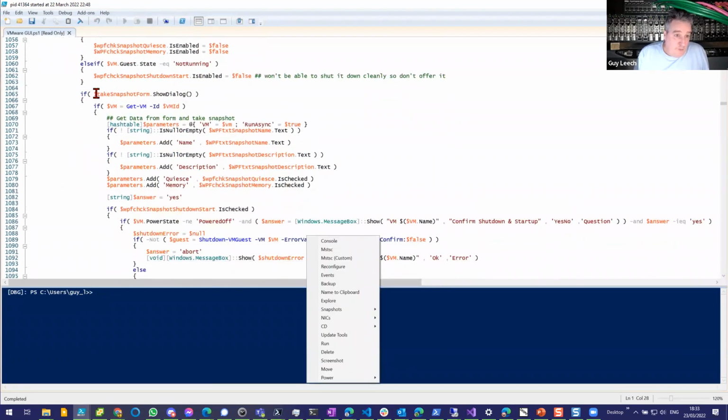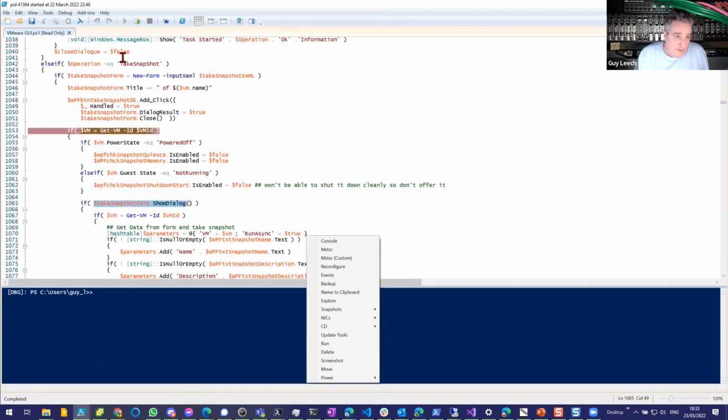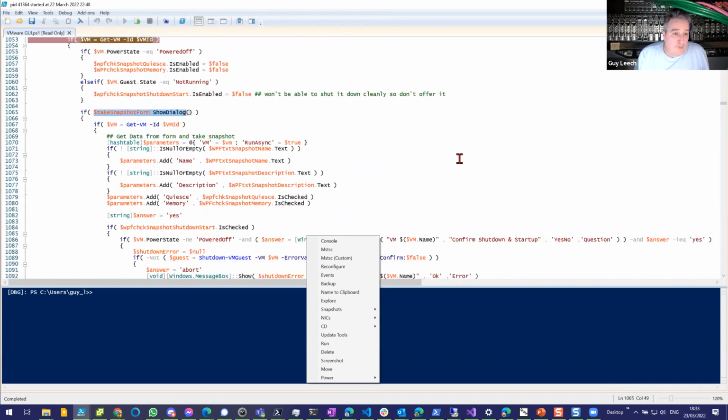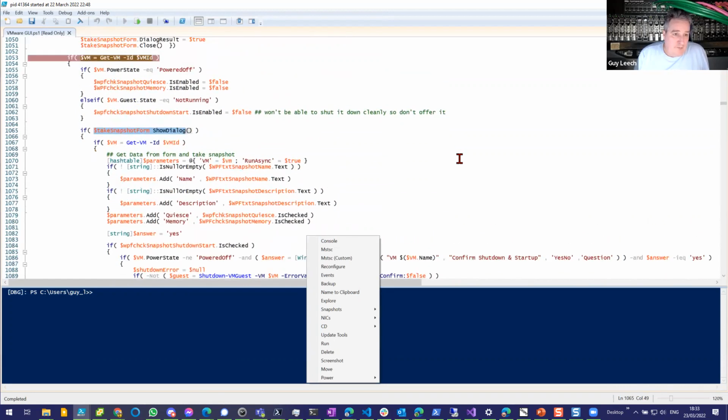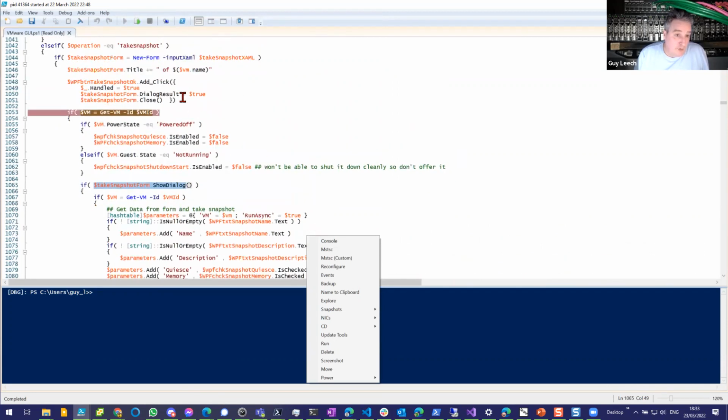We then show the dialog itself. So this is how we take the dialog that we've built from that new form function and actually show it. So that pops it up, and .NET shows that for us. And if that returns true, so the dialog result is true, which is what happens when the OK button is clicked, this big code here,